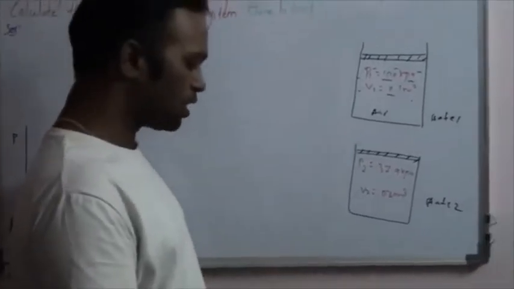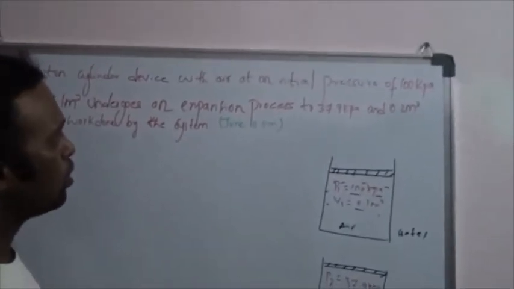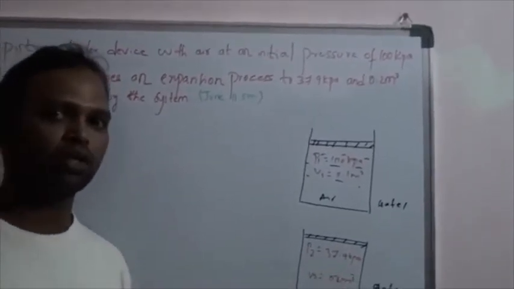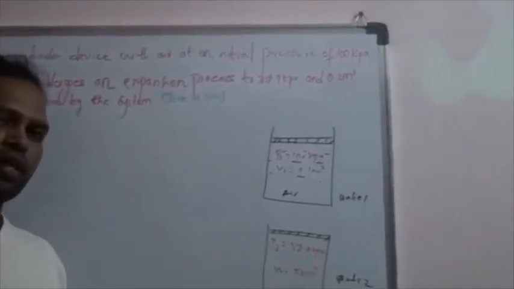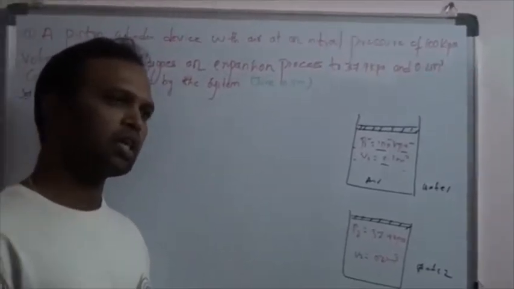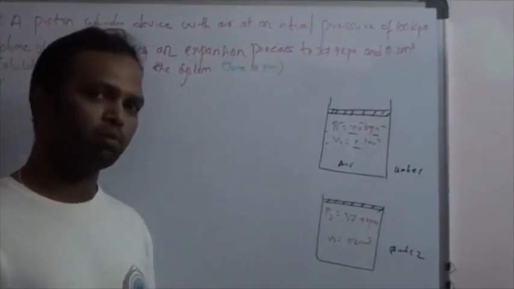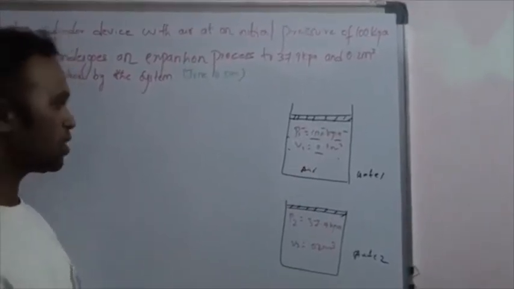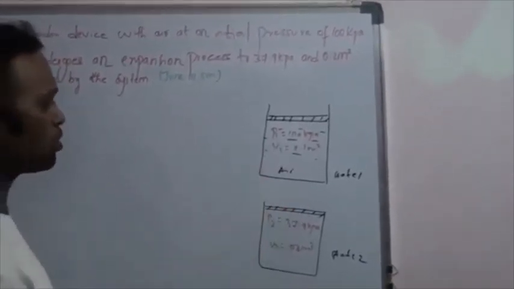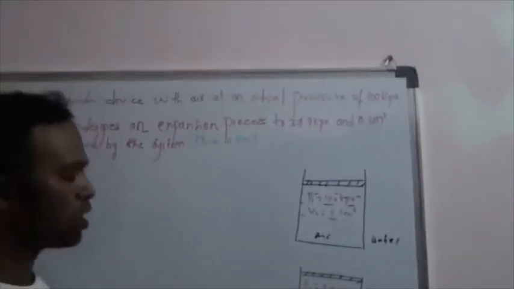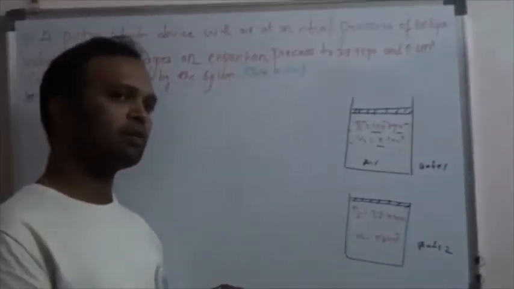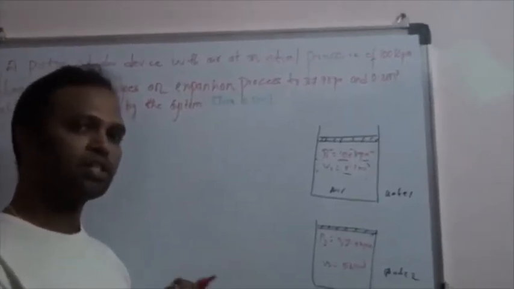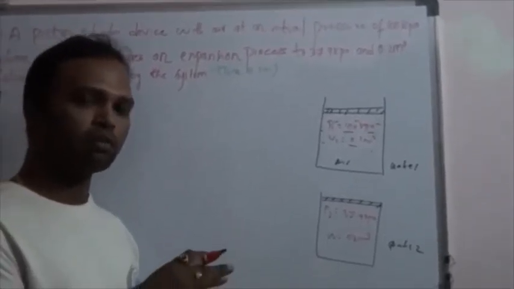To draw the PV diagram, first we need to know what process is actually taking place here. As you know, you have different processes such as constant volume process, constant pressure process, isothermal process, adiabatic process, as well as polytropic process. Here the volume is changing, so it cannot be a constant volume process; the pressure is also changing. The temperature is not given, so this process comes under constant temperature, which is your isothermal process, a quasi-static process where the temperature remains constant.